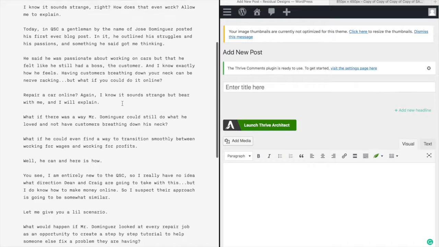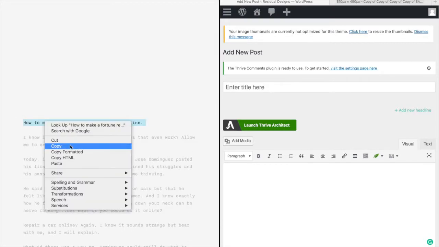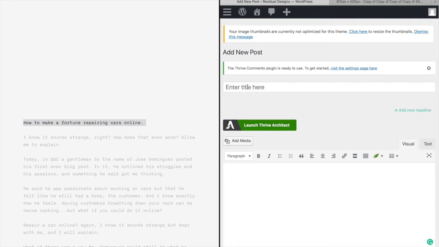So the first thing I do is copy over the title, How to Make a Fortune. This was an article I wrote helping one of the gentlemen in the Quick Start Challenge group who was a mechanic. I'm going to paste this title here. Now, this is where more tools of Thrive start to come in handy. The first thing I do is when I put a title here, How to Make a Fortune Repairing Cars,